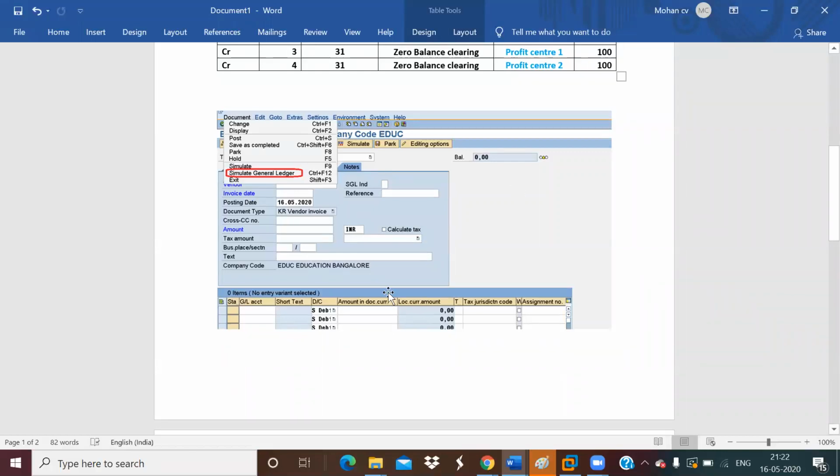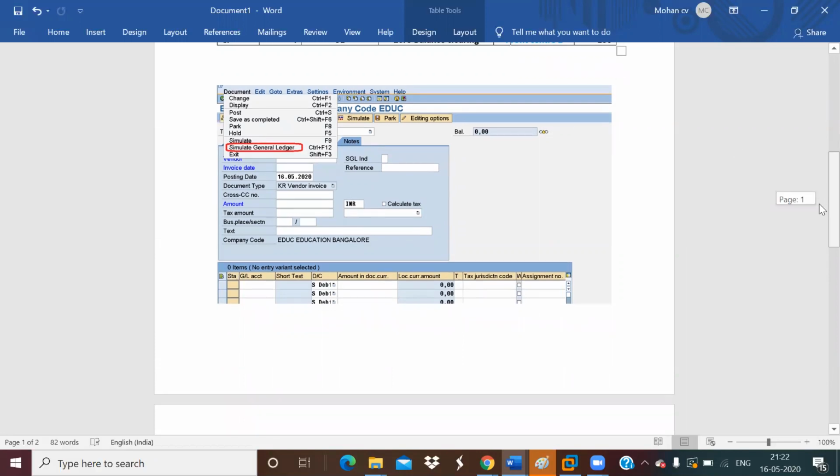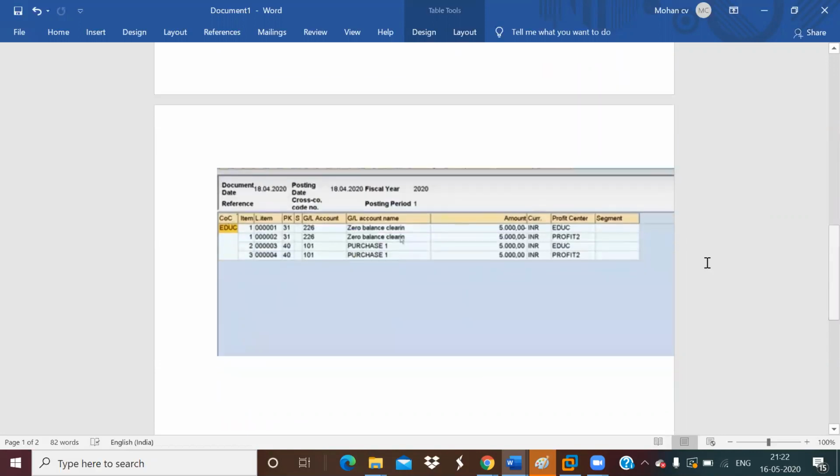After giving all the details, you have to give here Simulate General Ledger View. In that, you will be able to see the document split. Okay, with the help of zero balance clearing, how it has been split, it has been shown here. That is, for the line 3 and 1, the vendor has been split into the zero balance clearing account. Okay, you can see here.